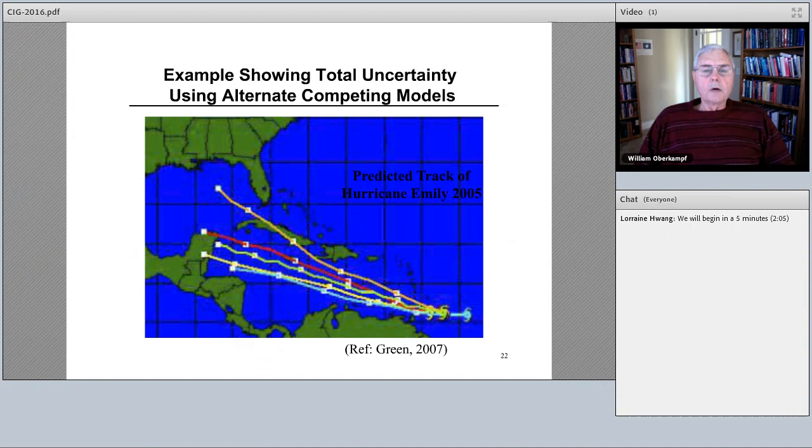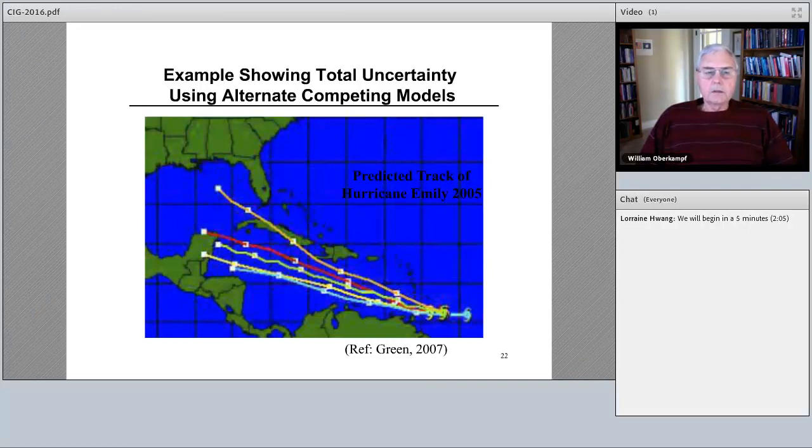The traditional way that it is done is, I just picked this graphic, which I got from Larry Green, who just retired from NASA Langley. This is a graphic he used to make the point of the typical way that you show, like in the previous view graph, you'd say, what is that? The outside bounds are what are called total uncertainty, at least an estimate. But the more common way is using alternate competing models or alternate plausible models.